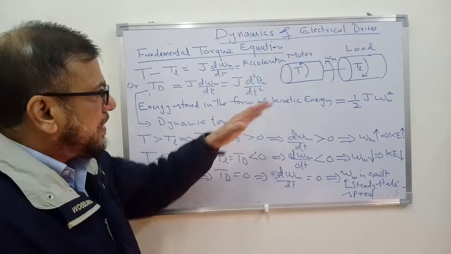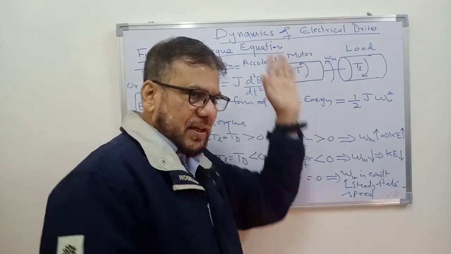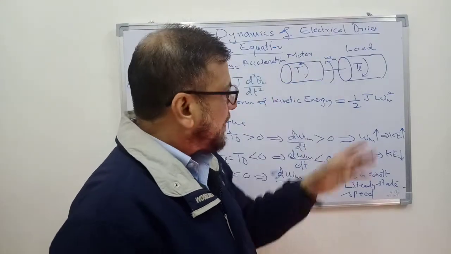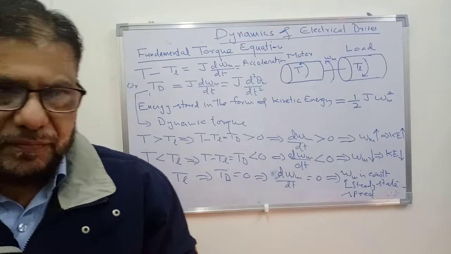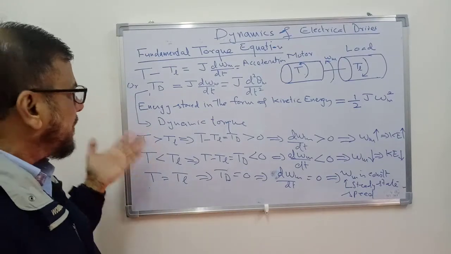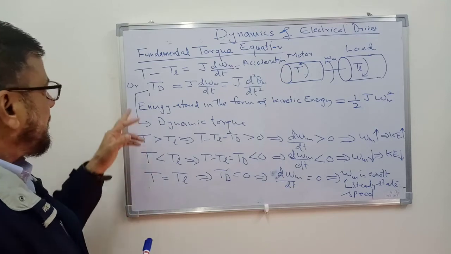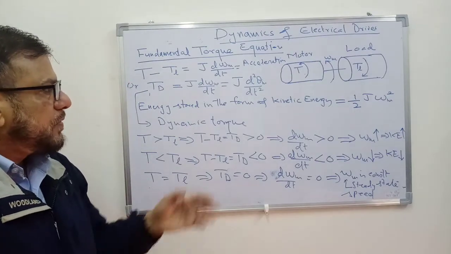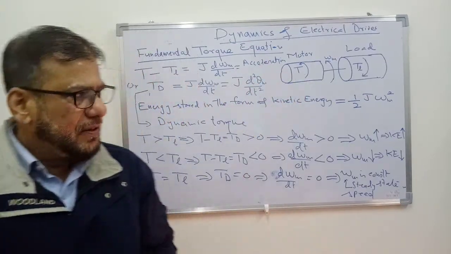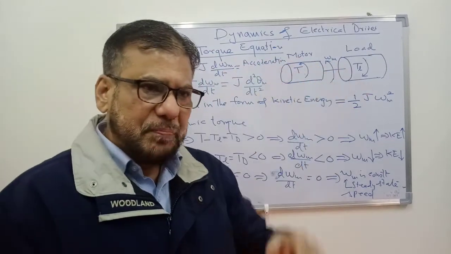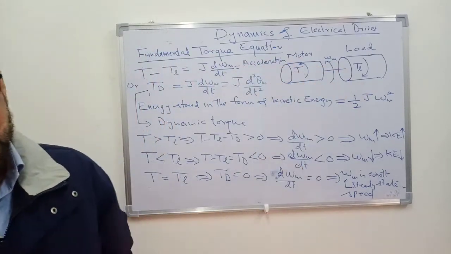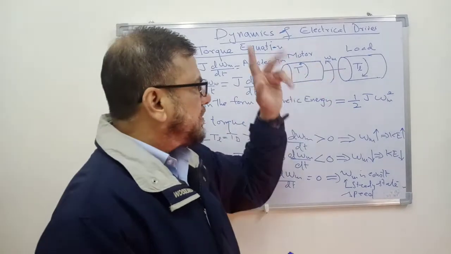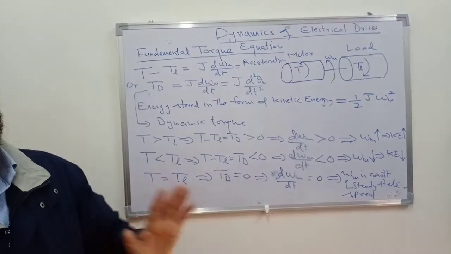So you can see that torque is shown here in the counterclockwise direction. Speed is also in the same direction. Load torque is in the opposite direction. So we have to follow a certain convention for the signs of T and TL. Let us assume one direction of speed can be taken as positive speed. The other direction can be taken as negative speed. You can follow any convention. Let us have this convention that this direction that I have shown here is taken as positive.